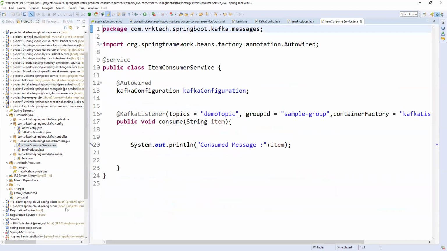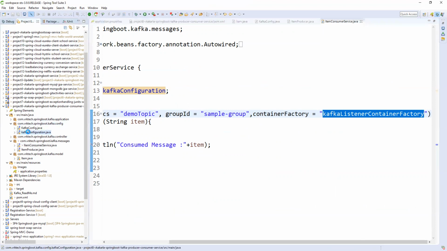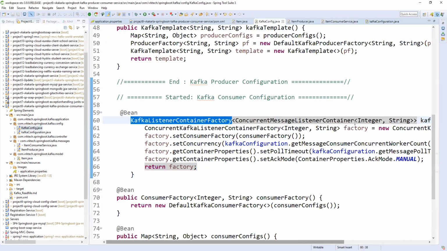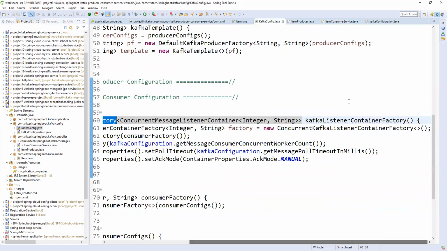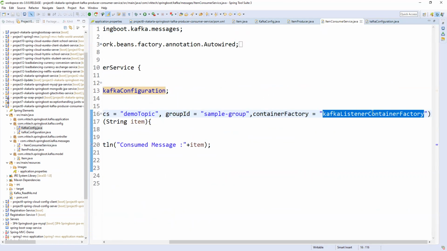Once we publish the data, the consumer automatically listens. From the Kafka configuration we need a demo topic, a group name, and the Kafka listener factory. From the listener factory it will automatically load the data published by the publisher. The listener factory is nothing but our configuration class, the Kafka listener factory, and I have given the same here as the container factory.